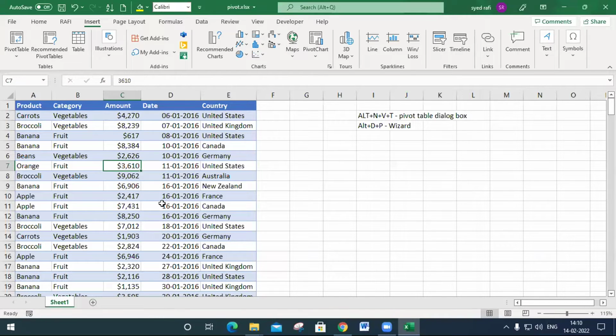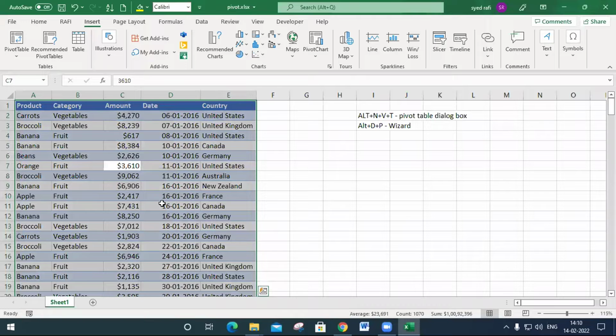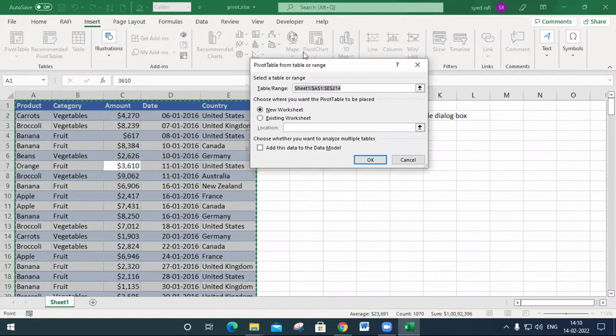These are the different types of reports. How do we develop them? Let's check. Select this table by pressing Ctrl A, then apply the shortcut Alt N V T. It opens a dialog box, and the table range is automatically reflected here.